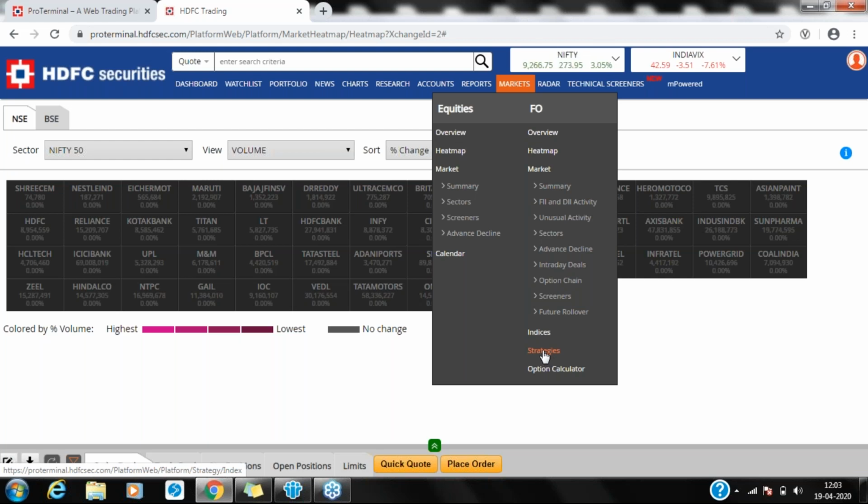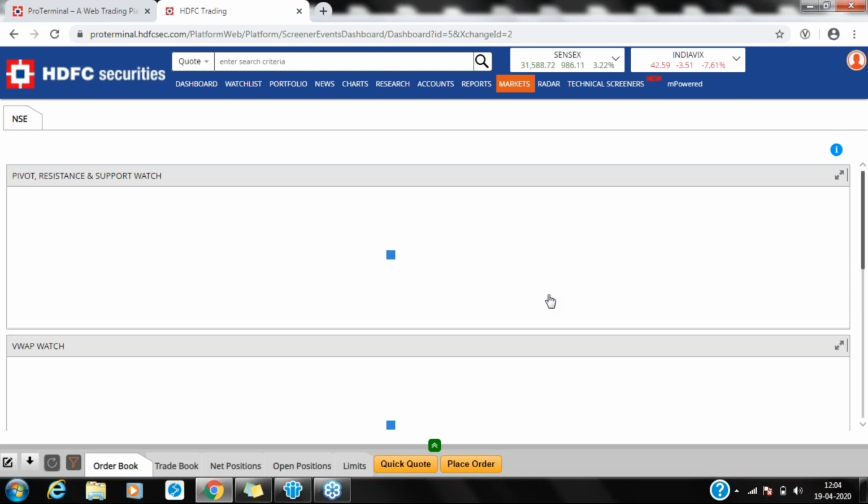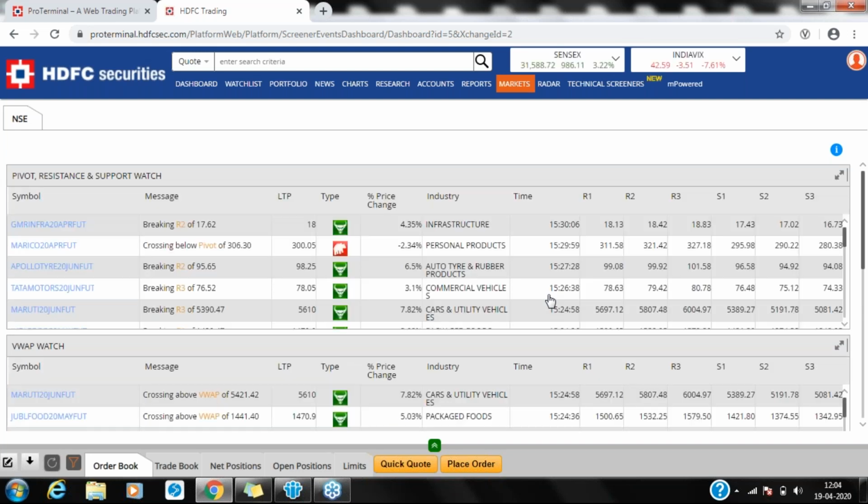Now coming to the other part, which we will also try to cover in this webinar. There are a few more important things under the FNO part and also in equity. You can see the screener in both of them. The screener basically helps you to screen stocks, just like we have used the heat map to screen some stocks. You can also use the screener to see which stocks are showing some kind of abnormal or extreme movement. You can see that, and then you can take a trading decision on the basis of that.